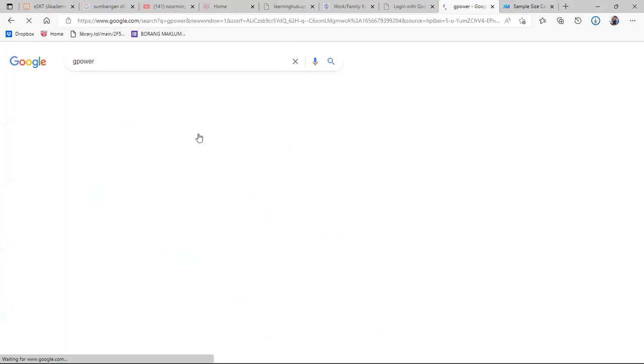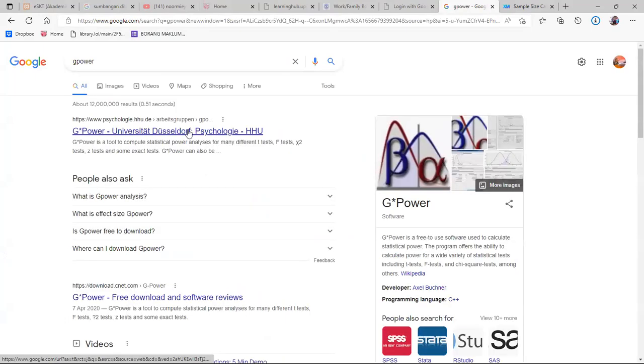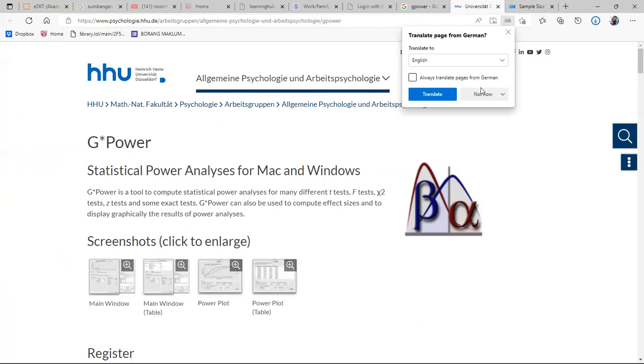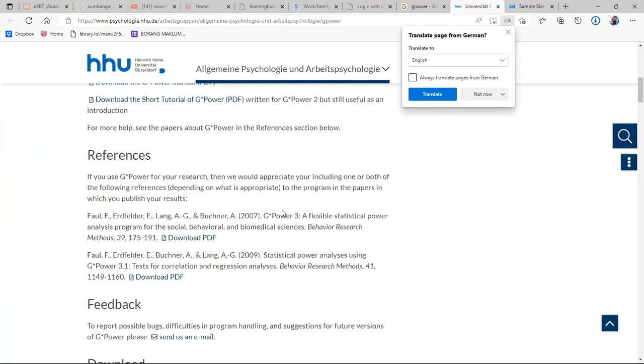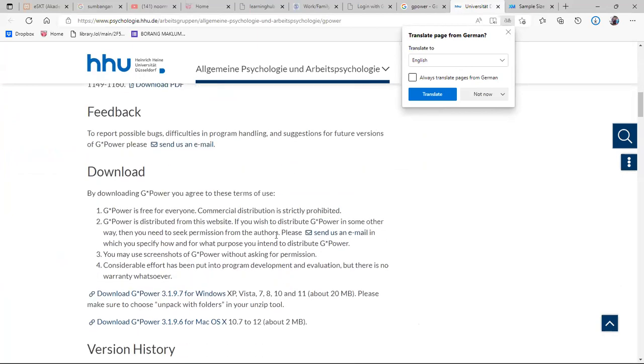You can download it to your device. Download according to your device, and install it, whether you use a MacBook or Windows.